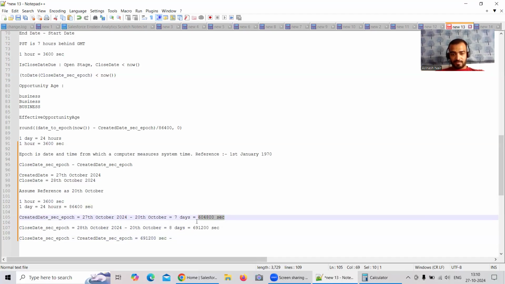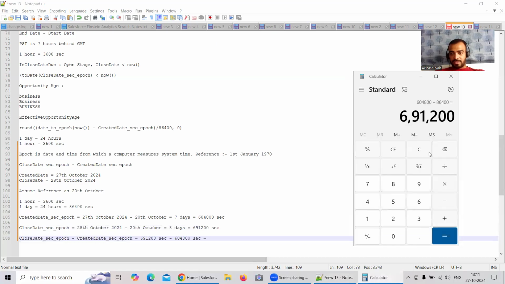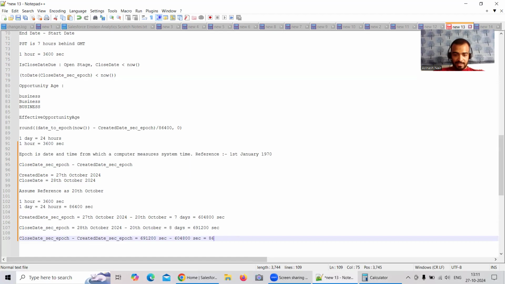It will give you actually how much? If I just calculate over here, it will be 691,200 minus 604,800. It is giving you 86400 seconds, isn't it? So that's how it's calculated. That is how you find the difference between two dates. You got my point? And when we are doing this with two dates, we are first converting to